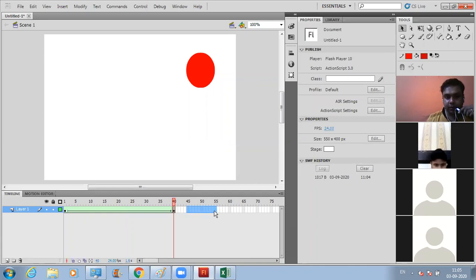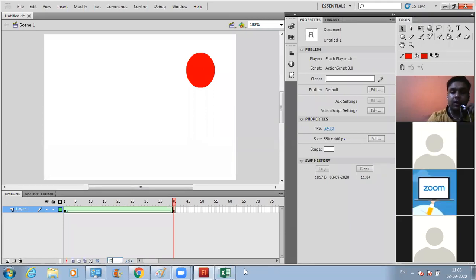24 frames, I think. These 24 frames will go up to here. How many do we have now? 24 frames. 1 2 3 4. Now these 24 frames will get executed in 1 second. If I increase the frame rate to, suppose, 100, now what is going to happen to the animation? That's what we need to check out.